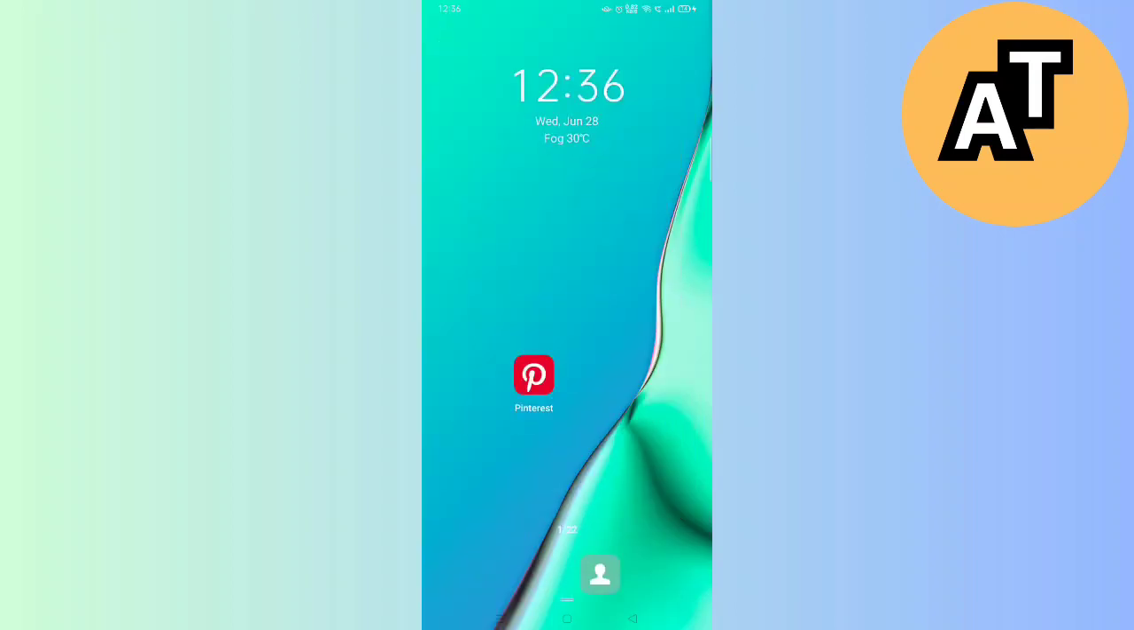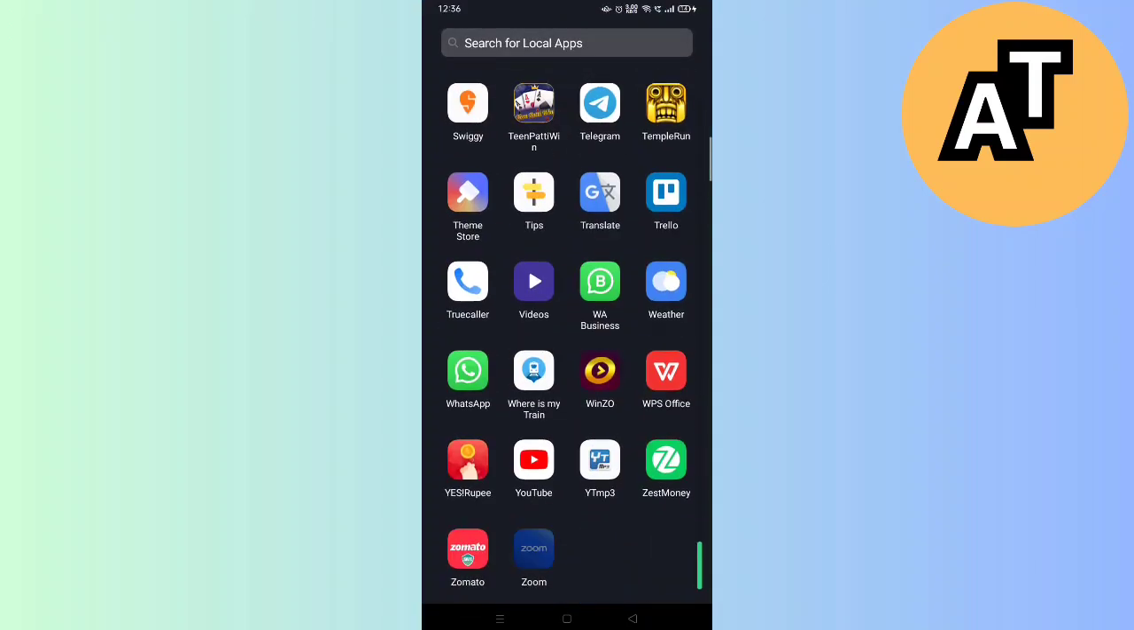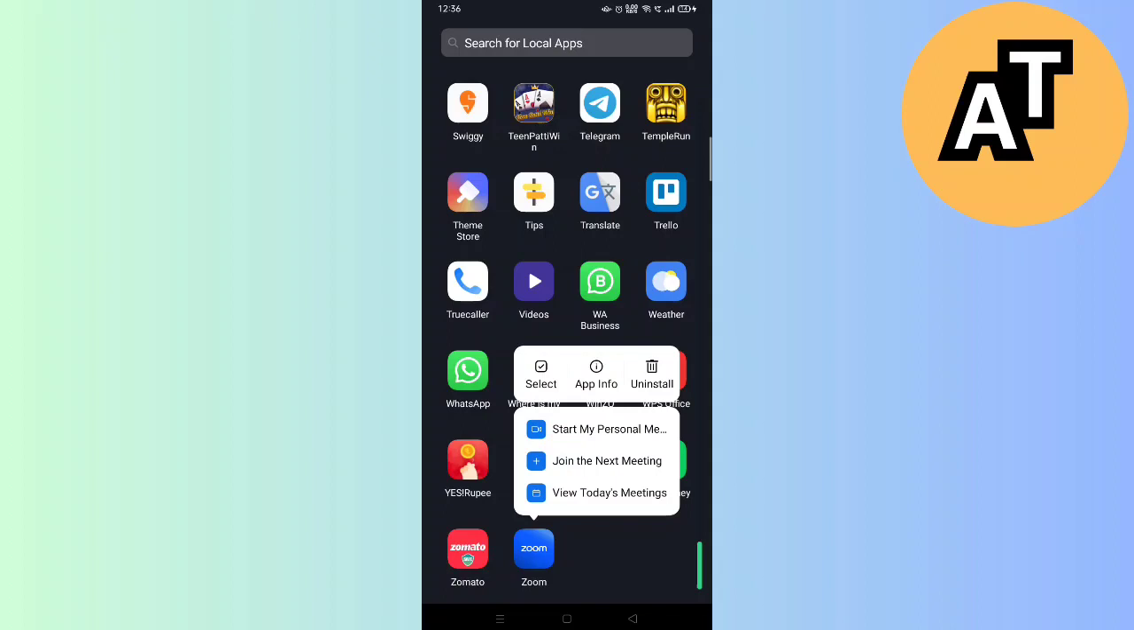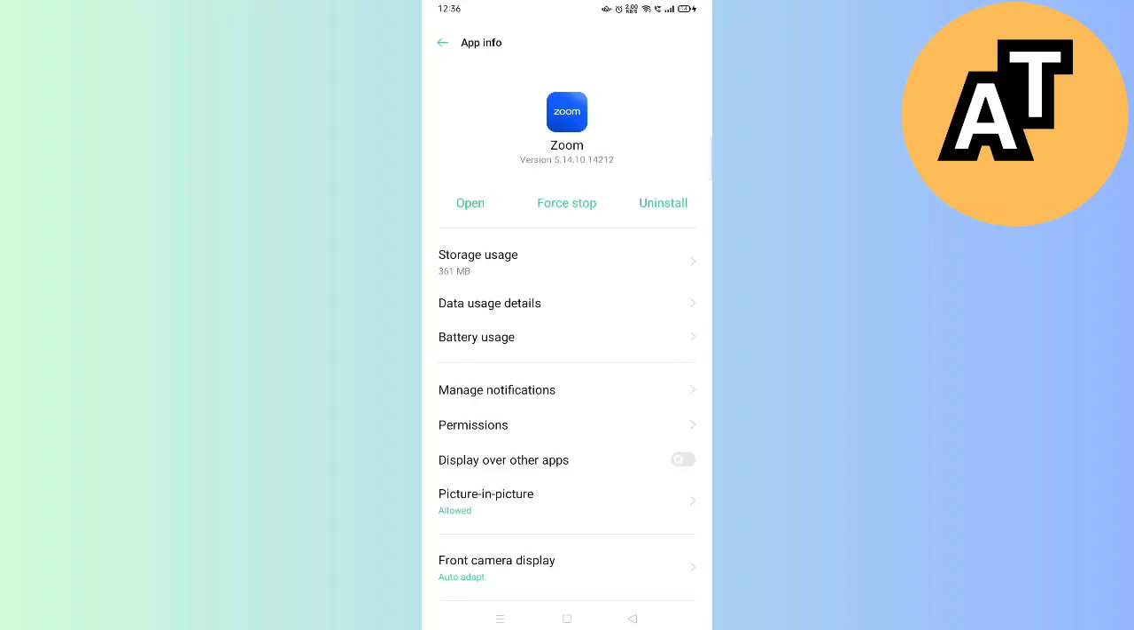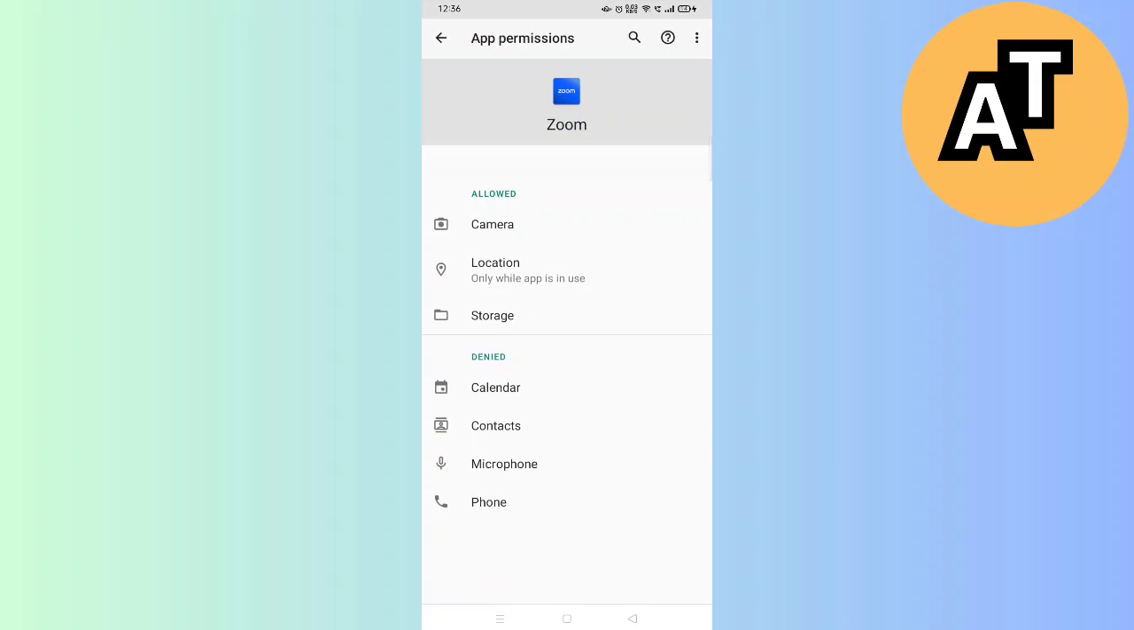After updating your Zoom, you just have to find Zoom in your app menu. Hold it for 3 seconds. Click on the app information option, and in this you just have to click on permissions. Whenever you click on permissions, you just have to allow all the permissions displayed here. After that, back out,